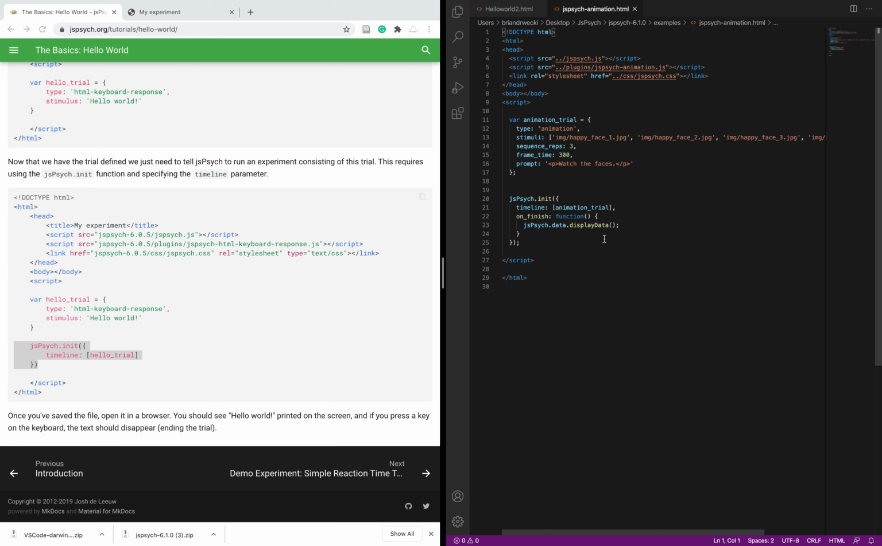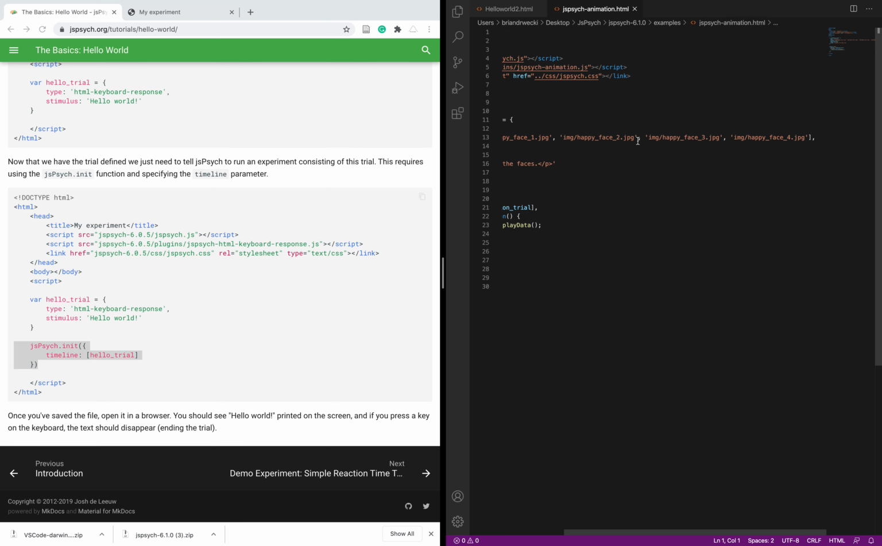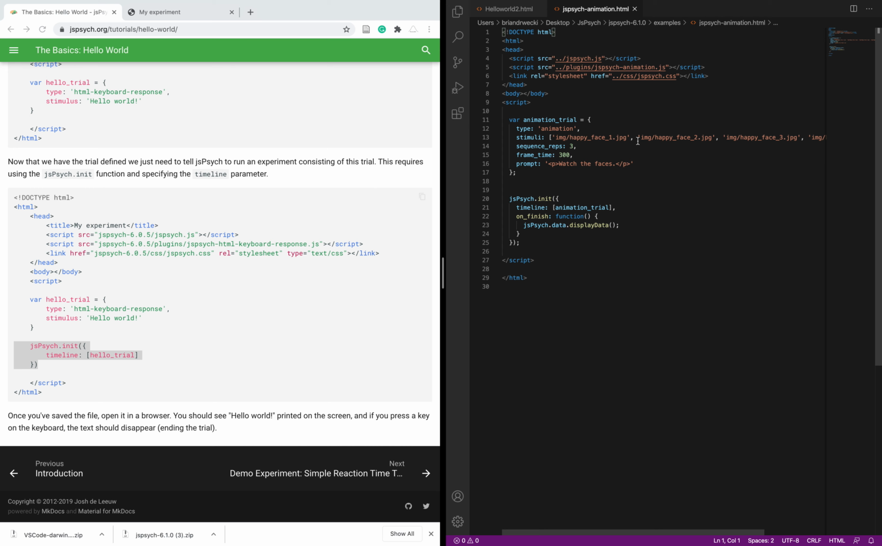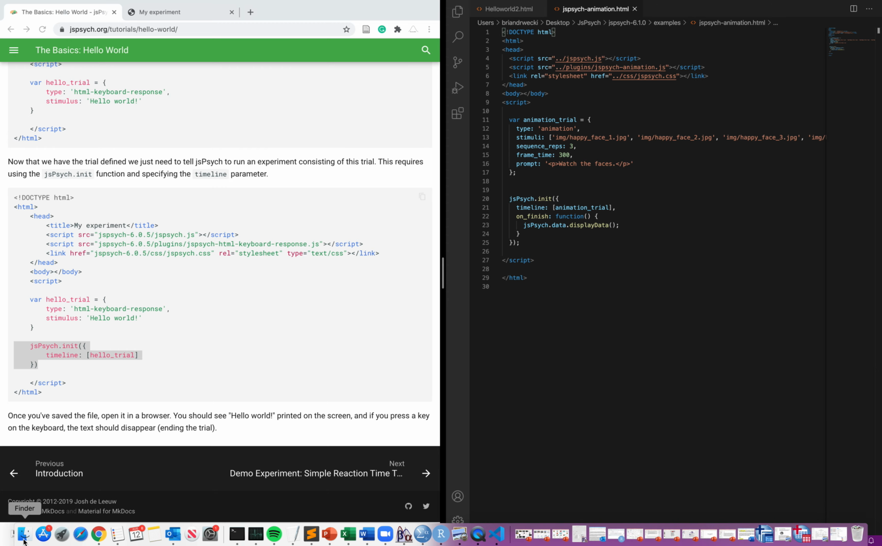Now, I think I've played around with this. I think I might have changed this, maybe not, but ultimately, it's going to do 3 reps. Frame time is going to present this for 300 milliseconds each. And it's going to put the prompt, watch the faces, on there, and it's creating a new paragraph somewhere. So that's HTML code right there. Let's just see what happens when I actually open this